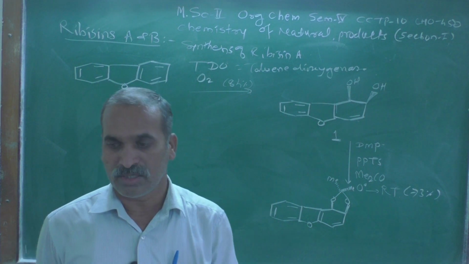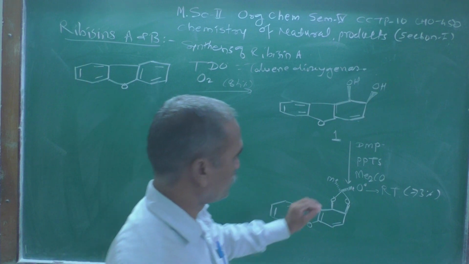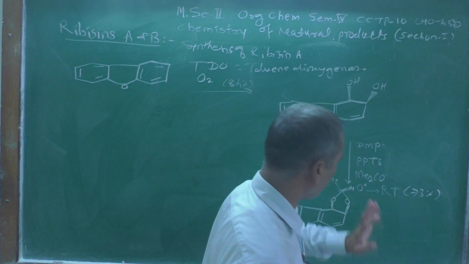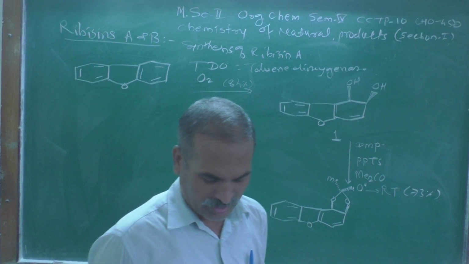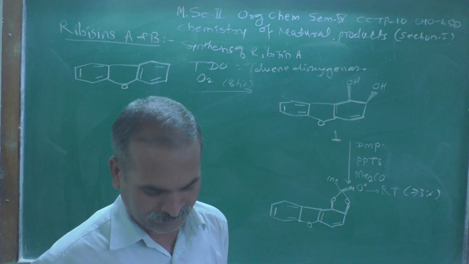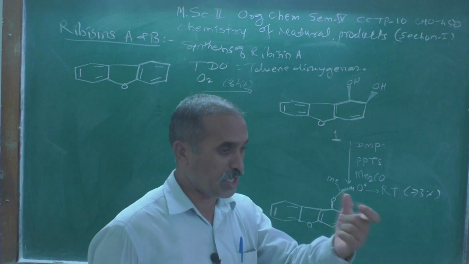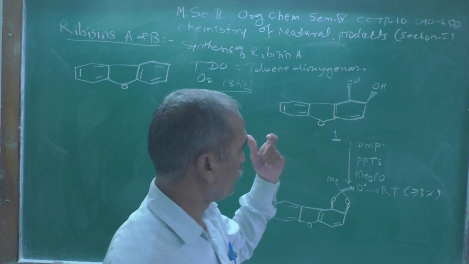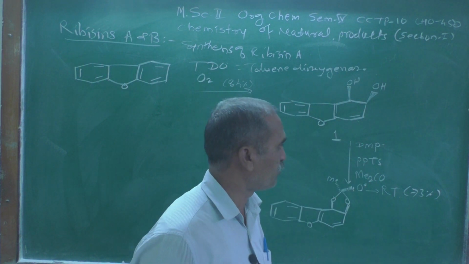Look at here, by adding these reagents, Me2CO, acetone, we know that it is protecting the vicinal diol suitably, and we will get this type of compound. The diol gets protected over here. And what is the role played by the other reagents? These are biotransformation biocatalysts, DMP and PPTS.